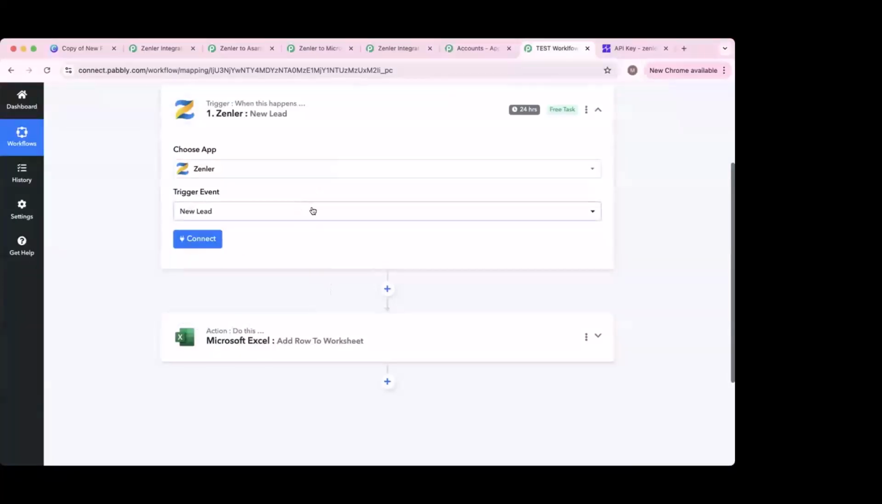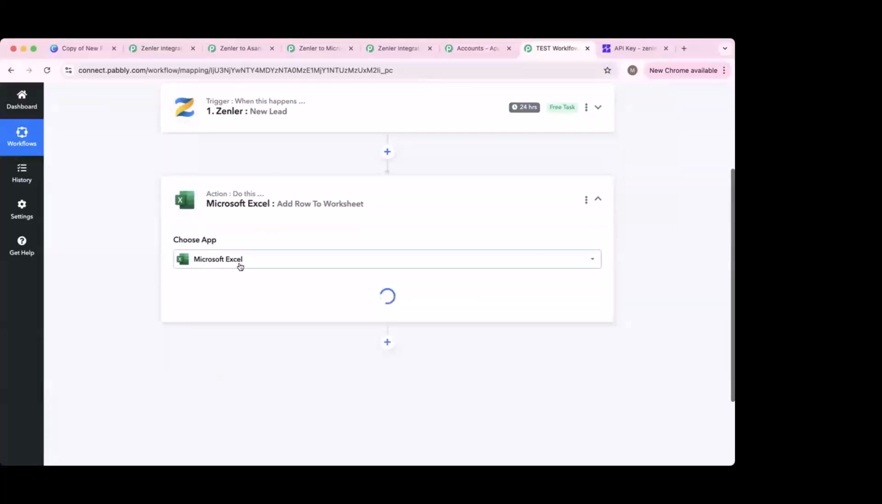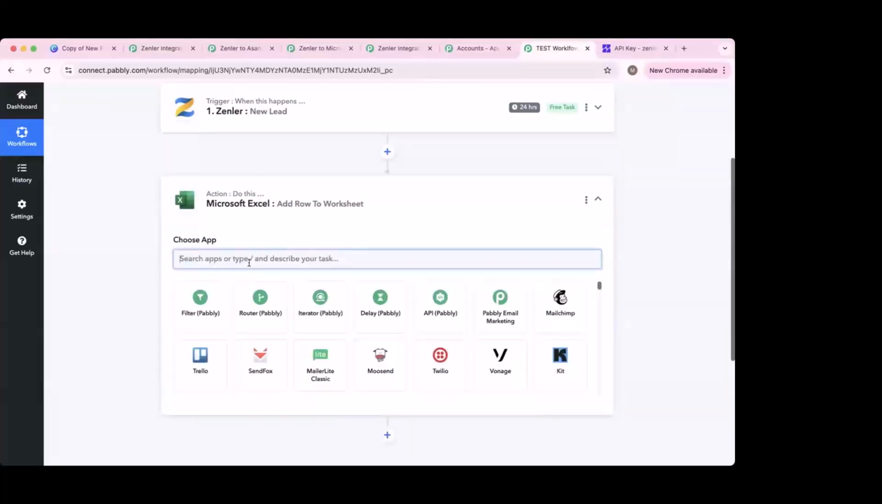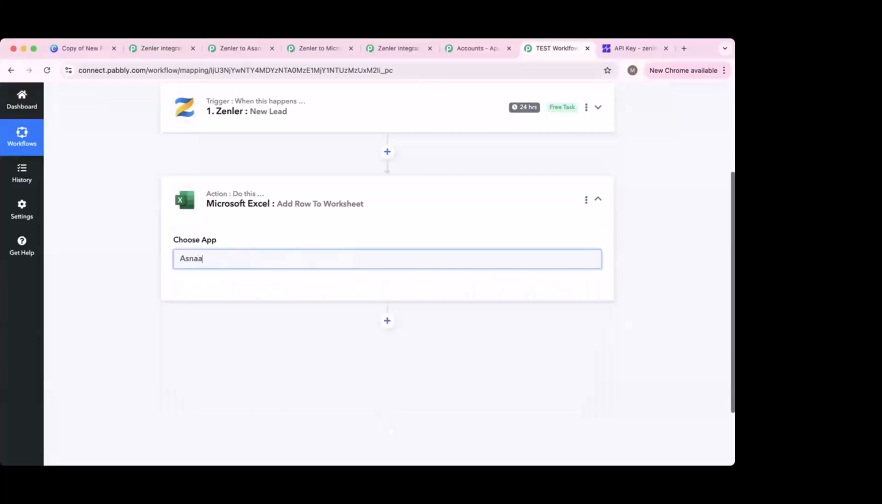And every time a new lead is added in the Zenler system, it will go to Microsoft Excel and add a row there. Using this, you can automate any complex task or any kinds of tools that you would like to connect Zenler with. For example, if I choose Asana here, the one that we were talking about a little while ago,